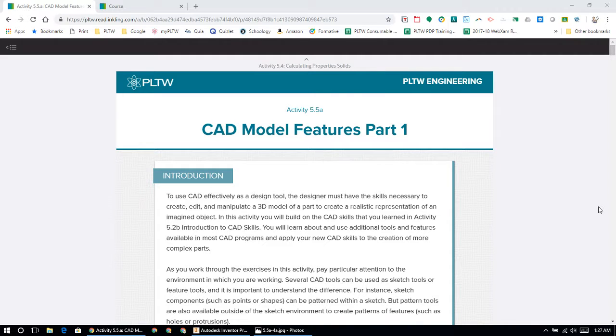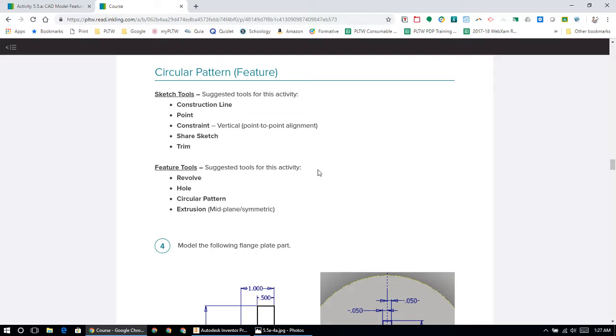This is IED Activity 5.5a, CAD Model Features Part 1, Problem number 4. Circular pattern. In this activity, or this problem, we're going to be using sketching tools such as construction lines, center points or